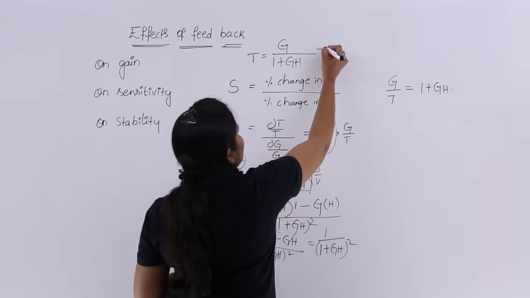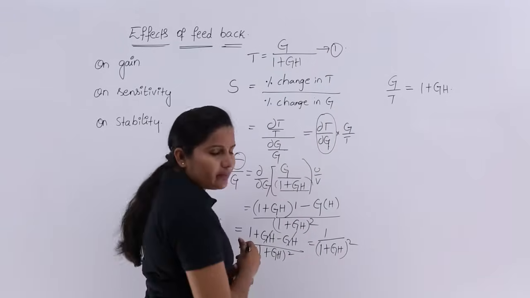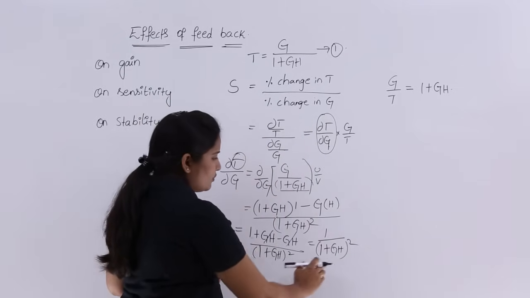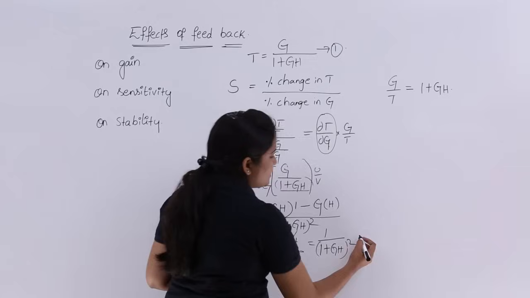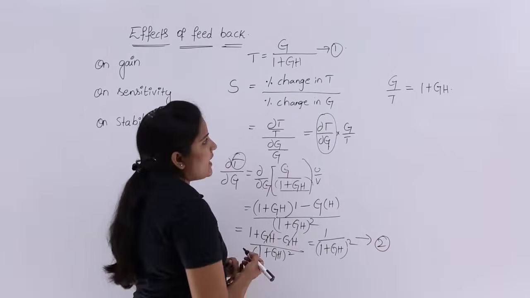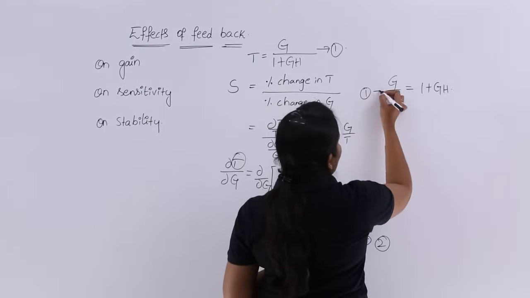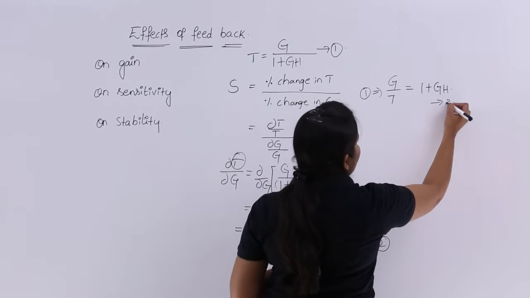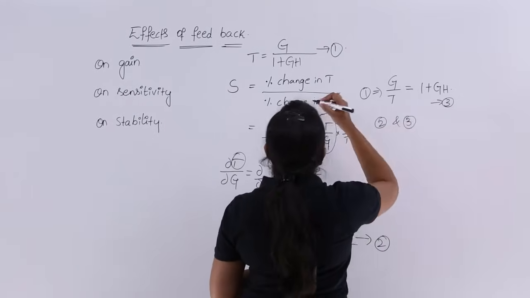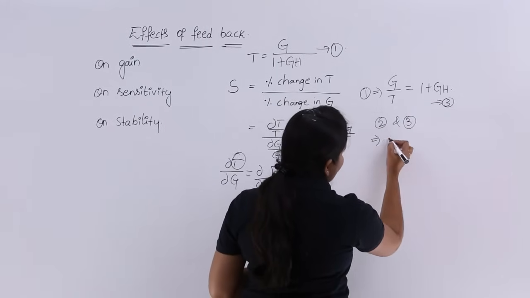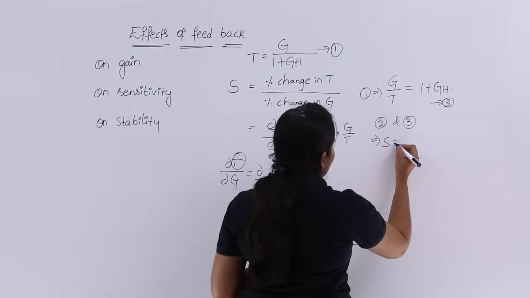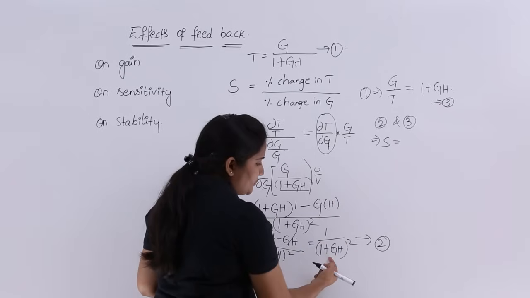You just consider this equation as equation number 1. From equation number 1 only you got this. This you can treat as equation number 2. And here from equation number 1 only you got this equation number 3. 2 and 3 you just substitute in S. From 2 and 3 your sensitivity value is equivalent to dou t by dou g value, you got